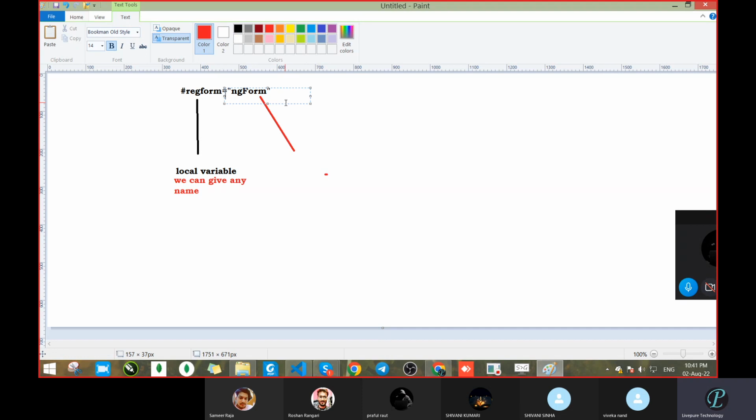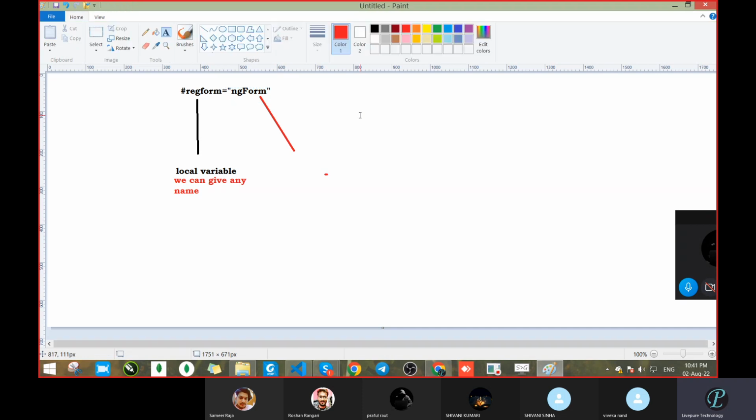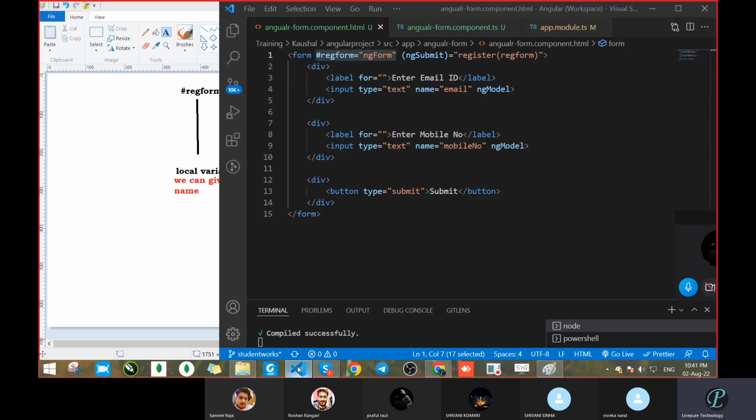But inside this, you have doubt. Let it be. Go next. Which one is next? Next is ngSubmit equal to register(regForm). Who doesn't know this line? Anyone? What is this? Who can explain? Sir, ngSubmit equal to, submit is the event and it is passing the method. Yeah, correct. So ngSubmit is an event and register is the method, and the same method we are defining